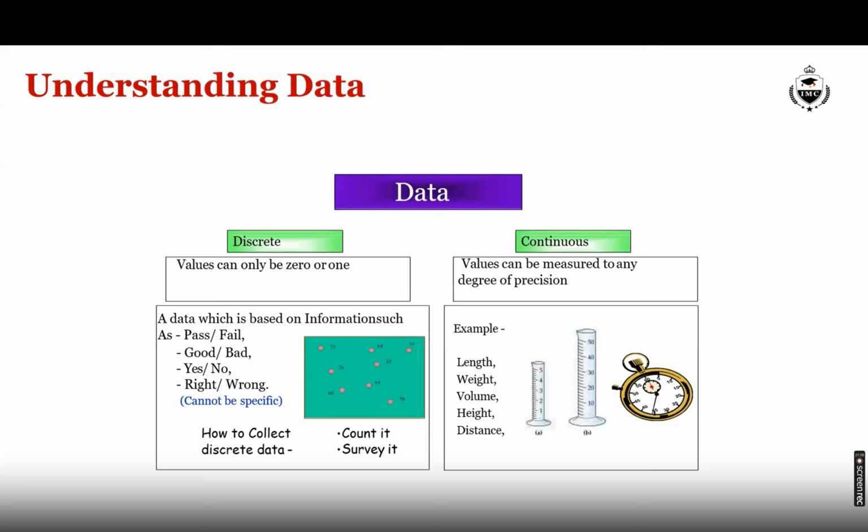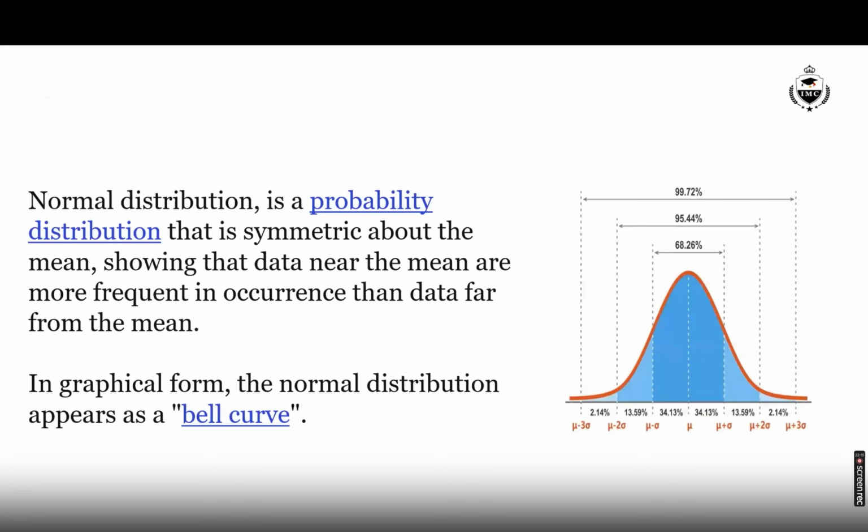Whenever we talk about data, there are two forms of data we generally consider. On the right, we have continuous data, which is measured data and can be represented in decimals, fractions, or percentages. Discrete data, on the left, is of two kinds. One is discrete binary data, where there are two answers: good, bad, yes, no, right, wrong, married, unmarried, pass, fail, defective, non-defective. Another kind is discrete count data, which is always a whole number, like number of defects, number of calls.